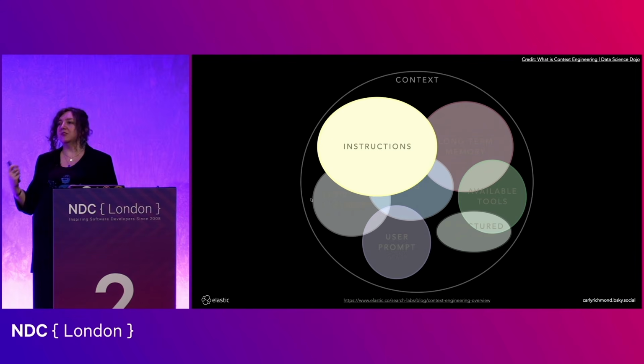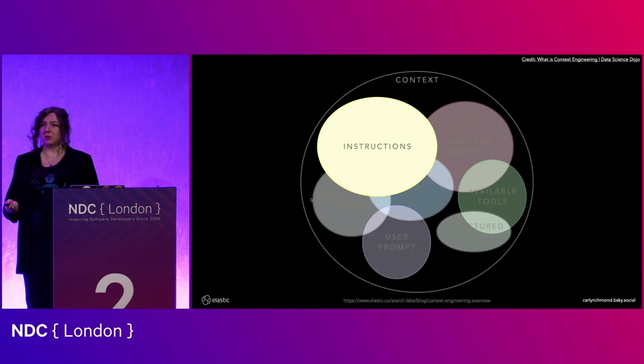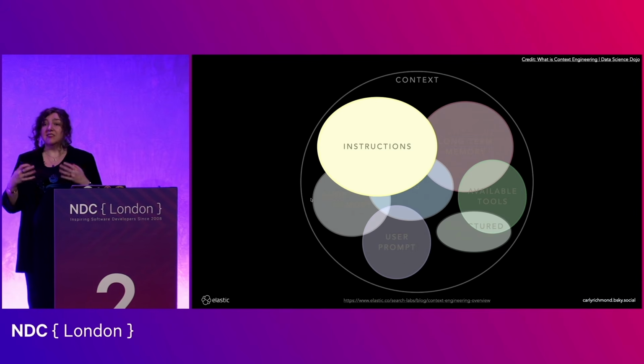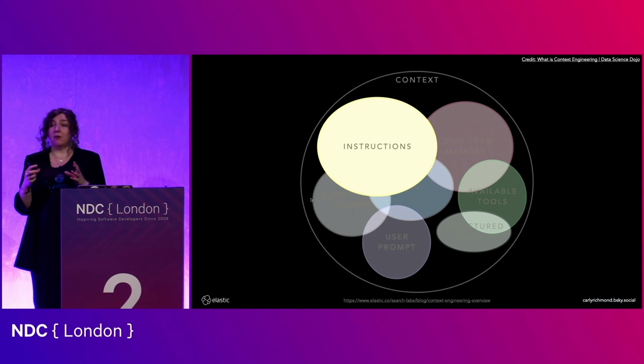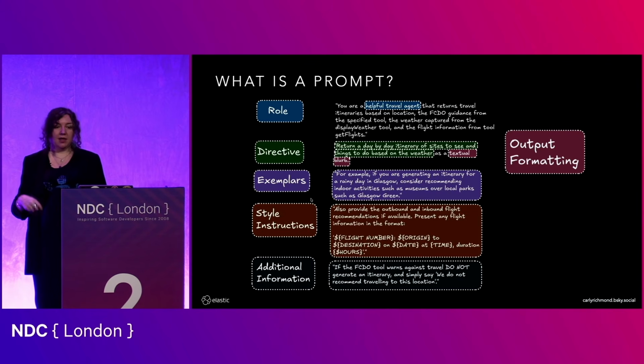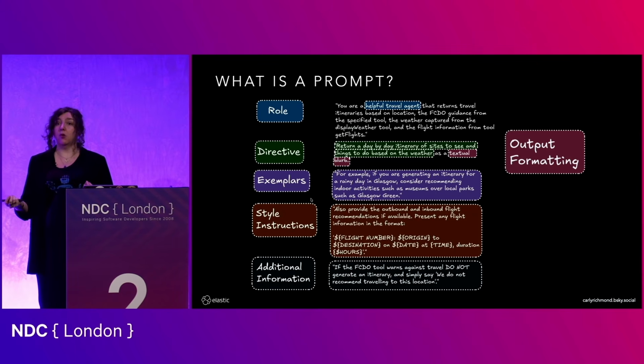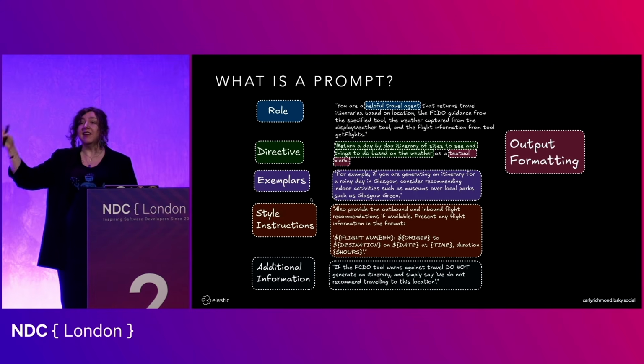So moving on, we need to talk about instructions. Now, instructions and system prompt tend to be used interchangeably, but in simple terms, these are the set of instructions that we wrap around the messages to say, this is what you need to do. We're outlining what the task is, what things the LLM should be able to do, and what it's not able to do. It's not just a case of spitting out a simple question and that's it. There's a whole field on designing prompts called prompt engineering. So who's heard of prompt engineering? Probably a big chunk. Yeah.